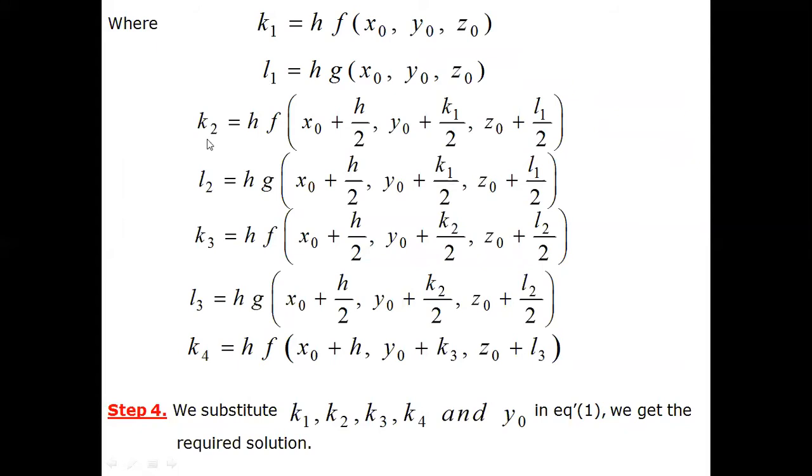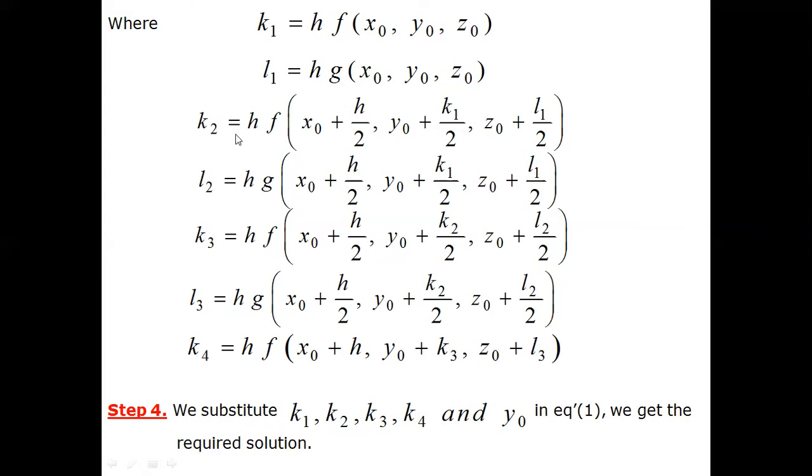The reason is when we want to calculate k2, k3 and all, we need these L values, L1, L2 and all. So we need to find L also. The difference is, to calculate k, you will use the differential equation which is taken as f, and while calculating L, you are going to use the differential equation which was taken as g, but the formula remains the same, only the equations differ, you are using f and g. So you can observe, this is the k1 formula, this is the L1 formula. The difference is only the symbols, f here, g here.